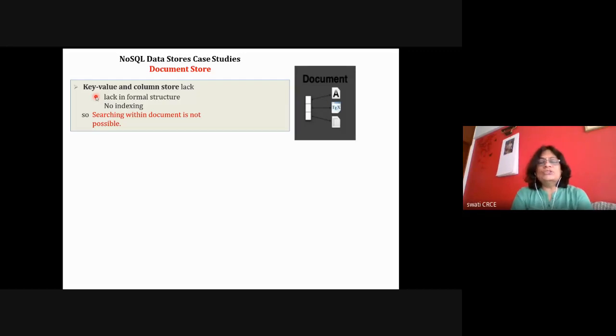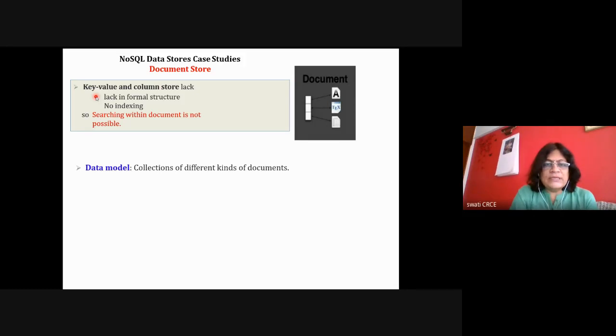There are no internal joins defined as in RDBMS. RDBMS is designed in such a way that its architecture allows foreign keys, linking of tables with each other, and joins. That internal architecture of RDBMS is very complex, and whenever you fire a query, it takes time. But in the case of document store, we can link two documents, but that linking is not at the database architecture level, so it does not take much time.